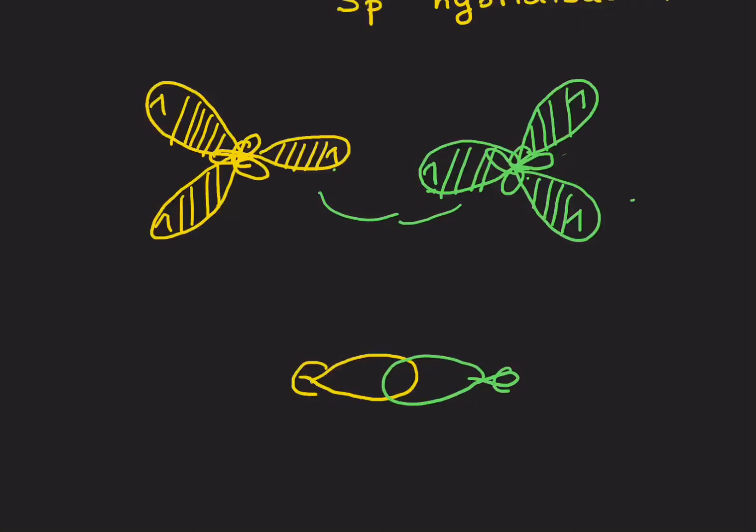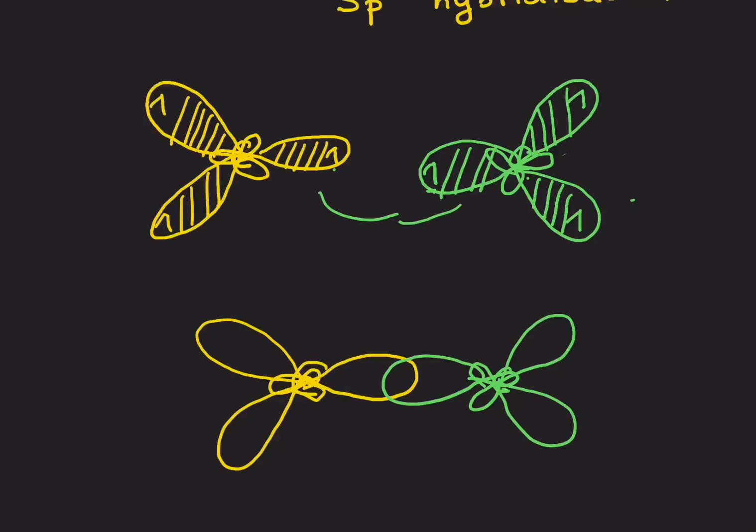You must be wondering why I am not showing the small lobes. It's just for clarity, that's all, right? If you want, you can go ahead showing the small lobe. Whereas the other two hybrid orbitals are very much in place, right? Okay, there we go. Now, here we've got a head-on overlap. See over here and see over here. Head-on overlap is perfect. It's a sigma bond, one electron coming from each of the carbon atoms.